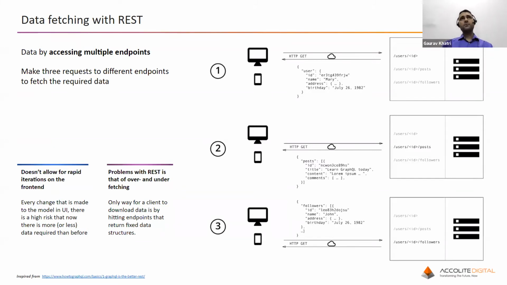One more thing I want to tell you: the RESTful API returns the data in a fixed data structure. So over here we can see there are other fields such as address and birthday. Once we hit this particular API, we will get all the data we have defined in the user API. To get the actual data out of this, the UI has to parse all the data and extract the desired data. So it creates the overfetching issue. On top of this, sometimes if we have low network bandwidth, it will create some issues.